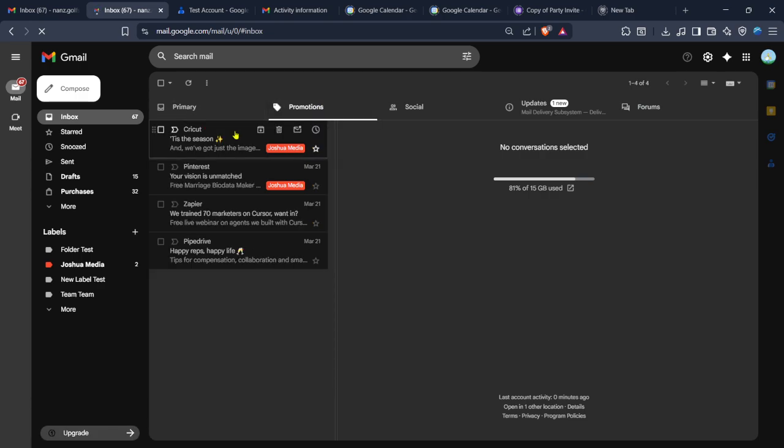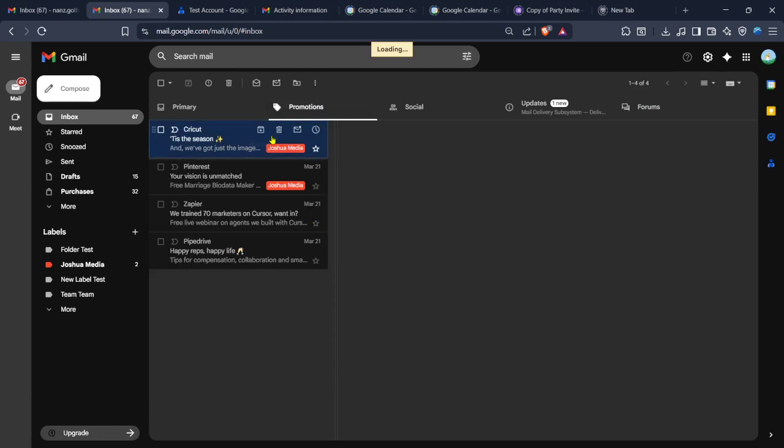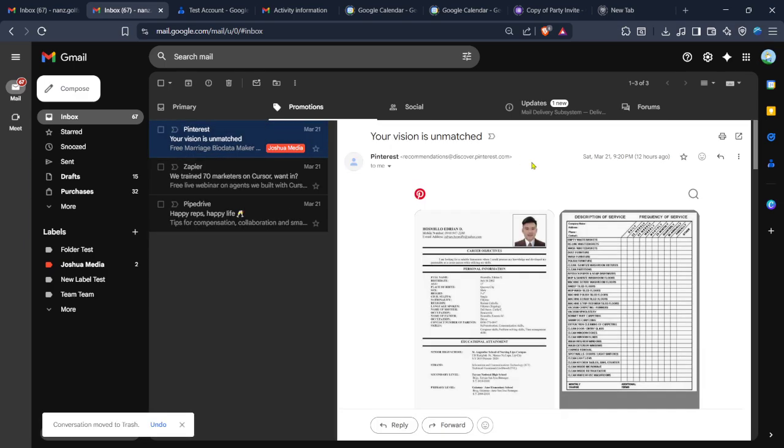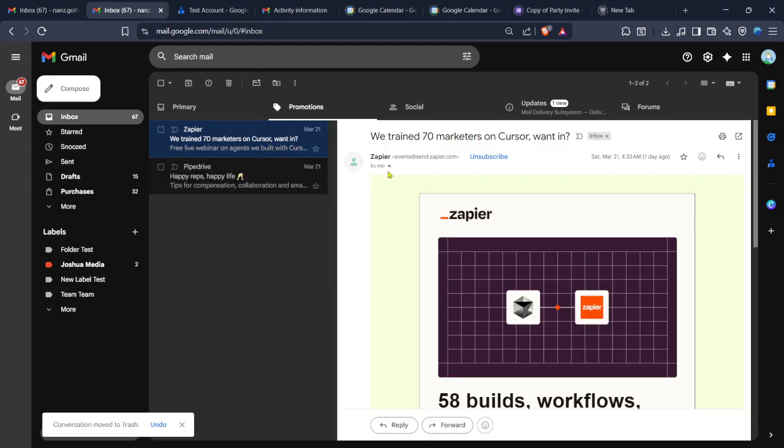From here on out, when I finish an email and either archive or delete it, Gmail automatically opens the next one, making it super quick to process messages one after another. And that's really all there is to it. Enabling Auto Advance is just a few clicks, but it can make a huge difference if you want a smoother,